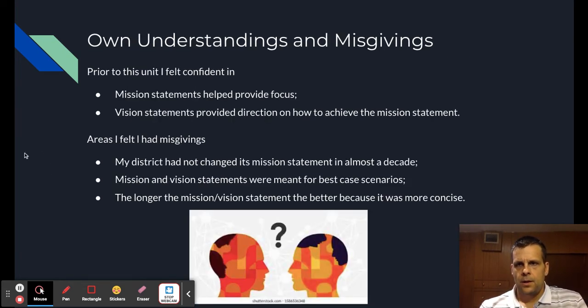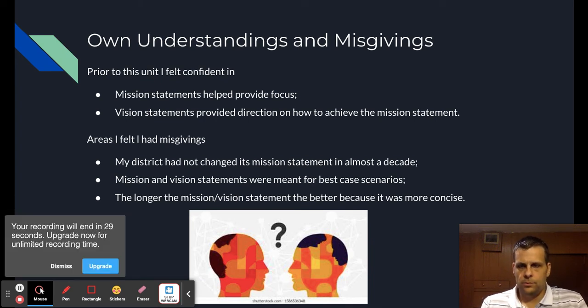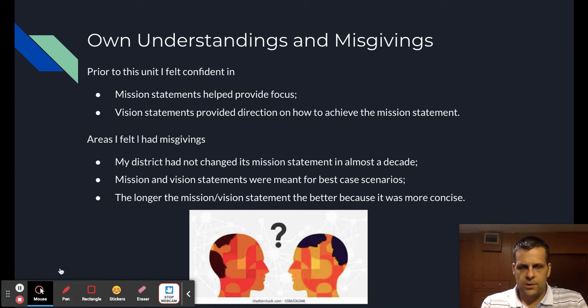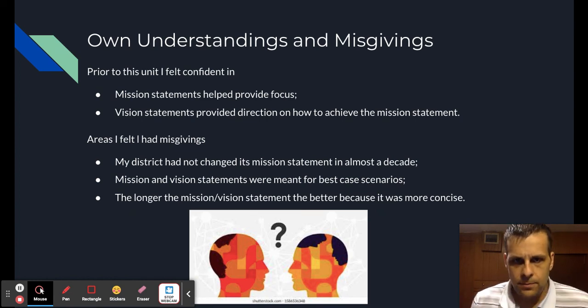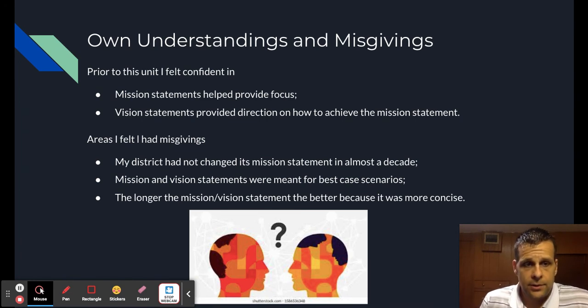So my own understandings and misgivings. Prior to this unit, I felt pretty confident that I understood that mission statements helped provide focus for a school. I also believed that vision statements provided direction on how to achieve those mission statements. But where I had misgivings were that my district had not changed its mission statement in almost about a 10-year period, and the mission and vision statements were meant to be for best case scenarios. I thought that they were only for kind of a utopian society. And then I believe the longer the mission and vision